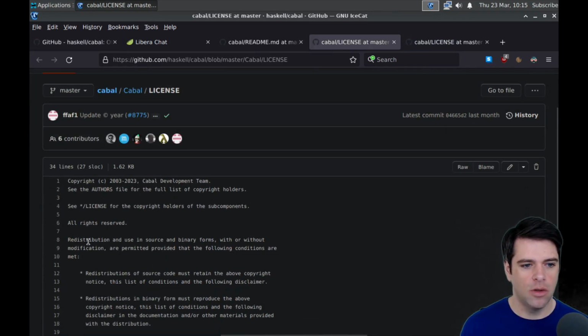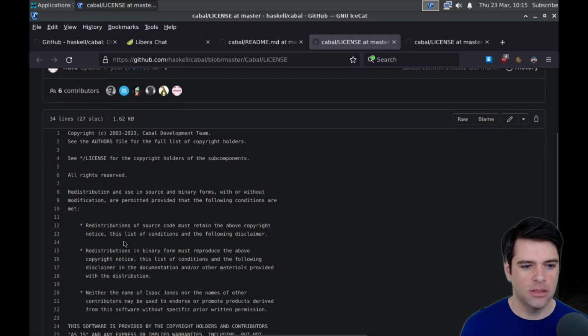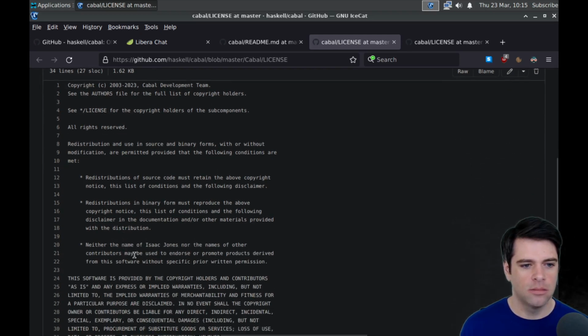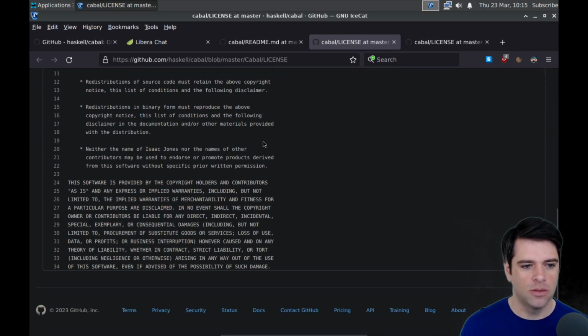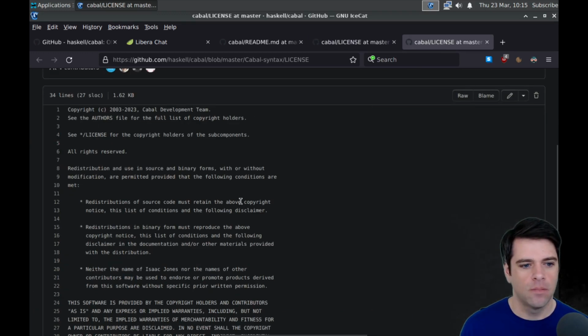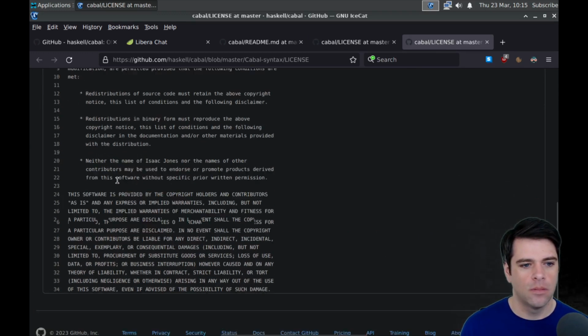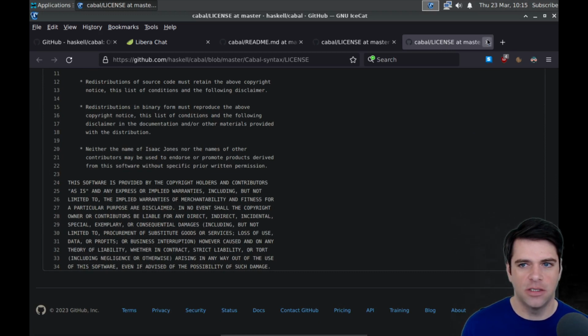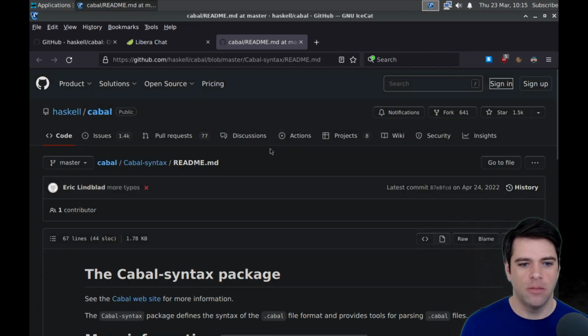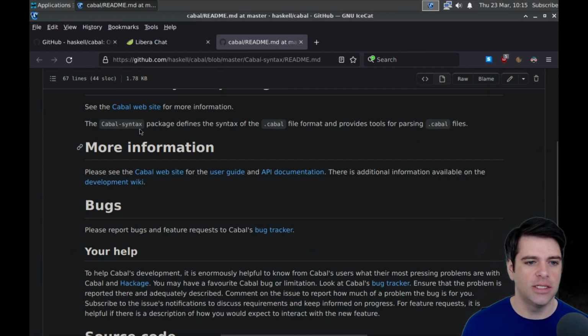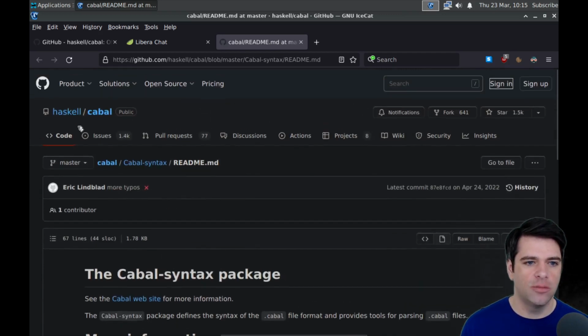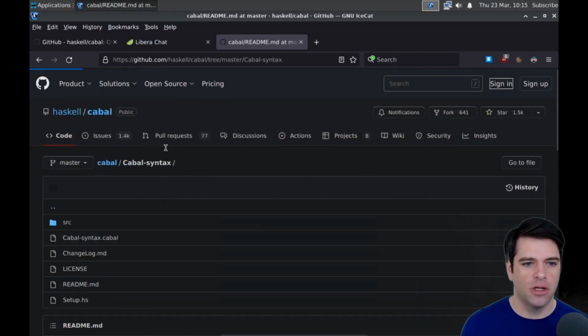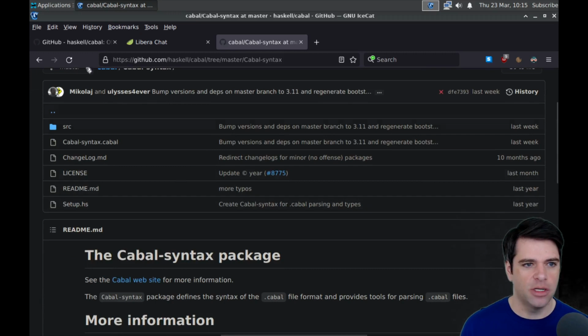I don't know offhand what this license is. Isaac Jones. Okay. These seem to be identical licenses. I'm sure GitHub will tell us which license it is. And so I'm just curious where here's Cabal-syntax.